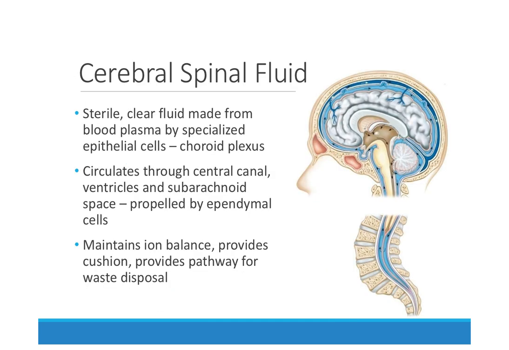Just to look a little bit deeper at the cerebral spinal fluid, it is a clear fluid made from blood plasma by specialized epithelial cells, which are known as the choroid plexus. It circulates through the central canal, which is basically a hole down the middle of your spinal cord, and the ventricles, which I mentioned, are these spaces inside the brain, and then the subarachnoid space, which is the space between the skull and the brain itself. And we'll talk about them when we talk about meninges, being pushed, as I mentioned before, by these epidermal cells